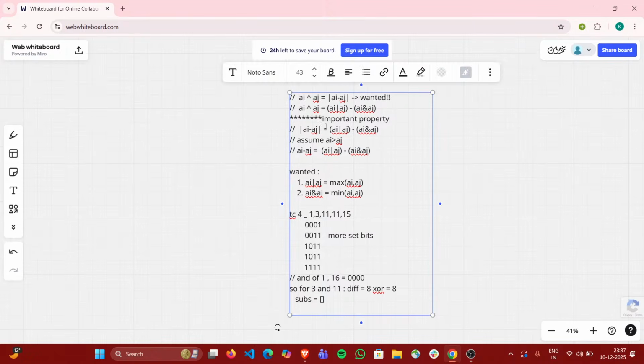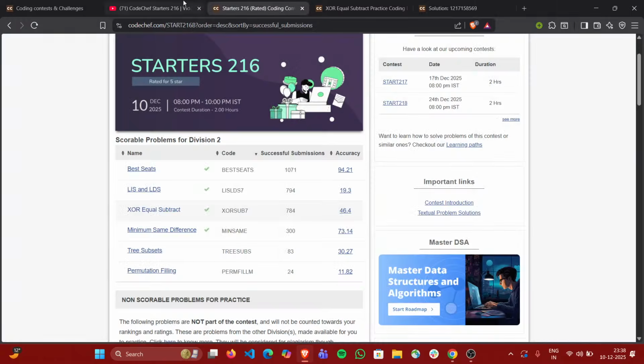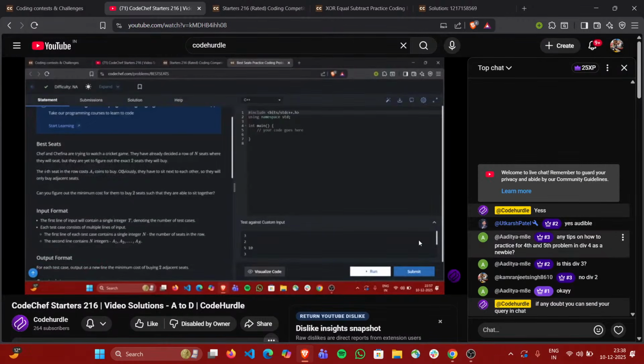The first of the things was that AI and AJ must be equal to minimum of AI comma AJ. And the second thing was, if I have to satisfy this condition, the set bits here must be a subset of these set bits, and the set bits here must be a subset of these set bits, and similarly for all. This case, why have I chosen this case? Because this is wholly a subsequence, which is good, and that is why I have chosen this test case for explaining. So I hope you might be understanding this. If you have any doubt right now, you can just